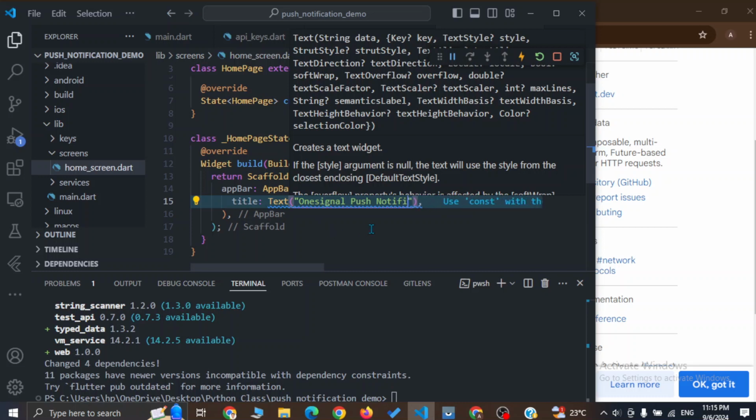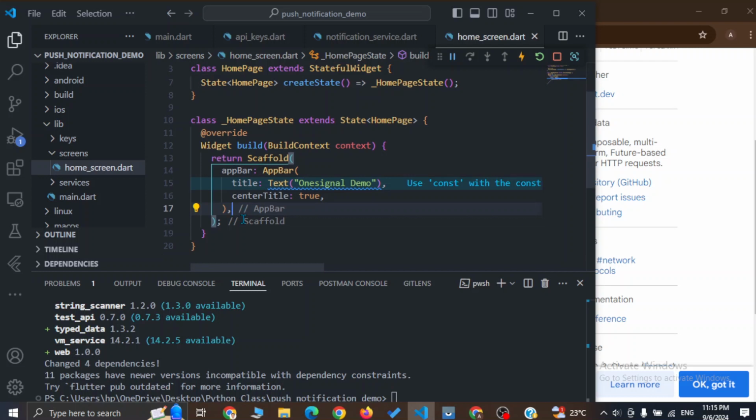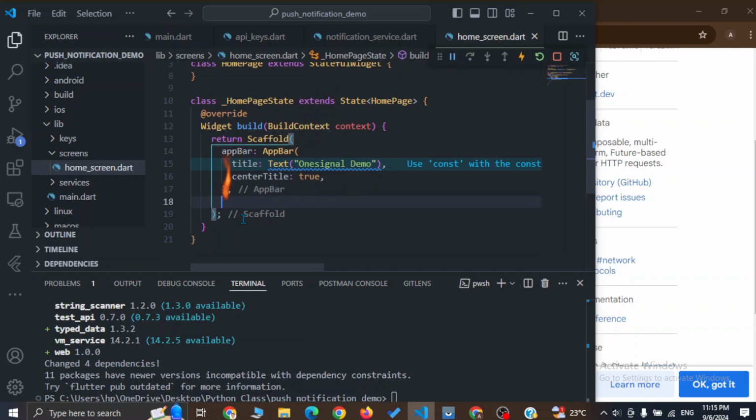Okay, it is long, Onesignal demo, and let me center this title. Now in the body, let's make text field. Okay, so in the body